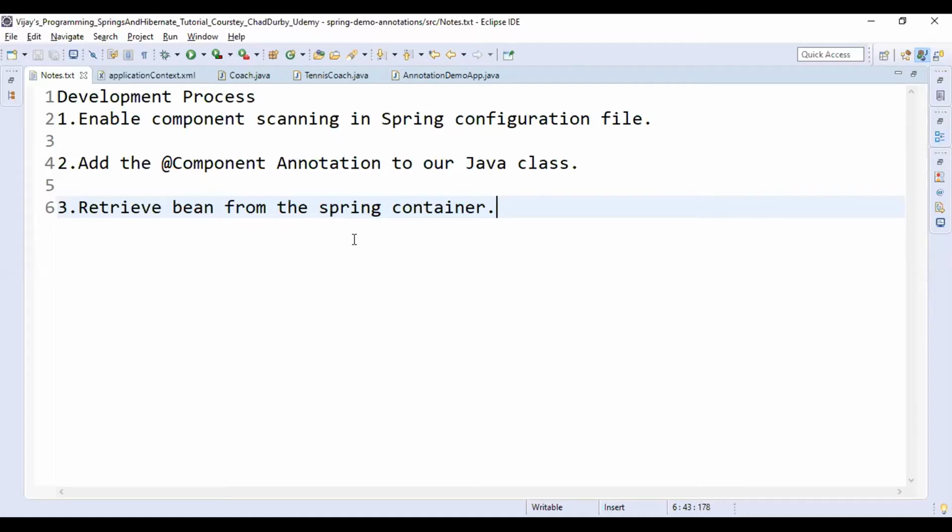The three development processes: to enable component scanning in Spring configuration file, we have done that; add the @Component annotation to our Java class, that also we have done; and finally retrieving the bean from the Spring container, that also we have done.